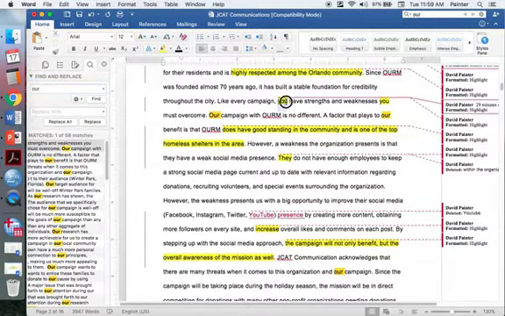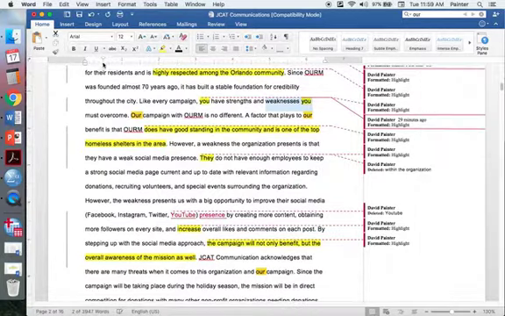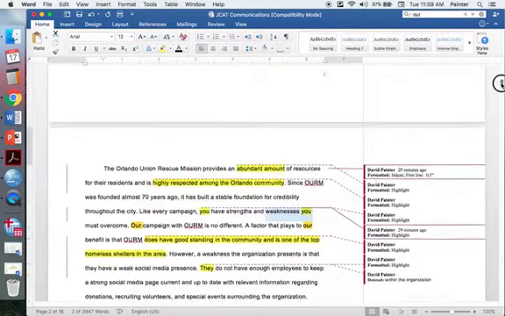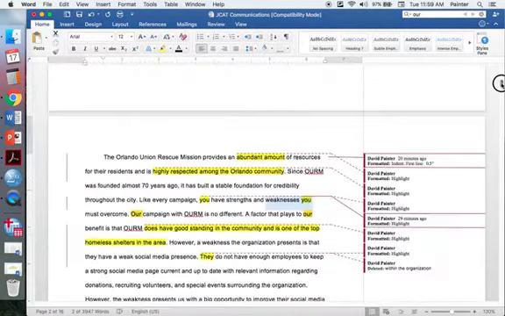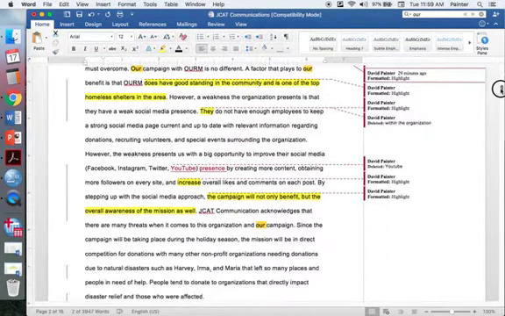You also never use second-person you in formal writing. Like every campaign, you have strengths and weaknesses you must overcome. Well, does that mean me? So be careful with this narration here. It's inappropriate for formal writing to have all of those first-person and second-person narration. It sounds as though it's a first-person reflection on an idea for a campaign.